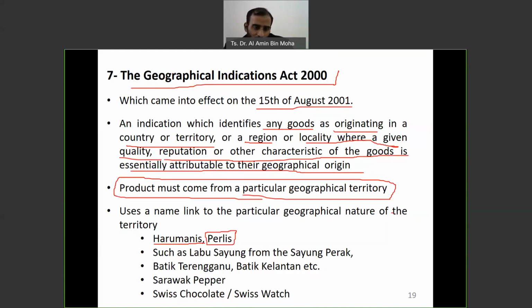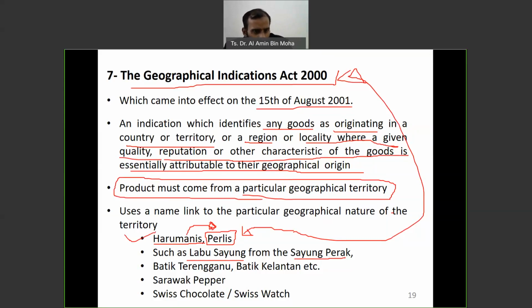So if they registered under this, the name Harum Manis can only be used for the fruits that are planted in Perlis. And Labu Sayong, from Sayong, Perak, and you have Batik Terengganu, Batik Kelantan, Sarawak pepper. So you can't just say Sarawak pepper when it's a different pepper. If those are registered, it's illegal. You can be fined. So this is for the Malaysian context.